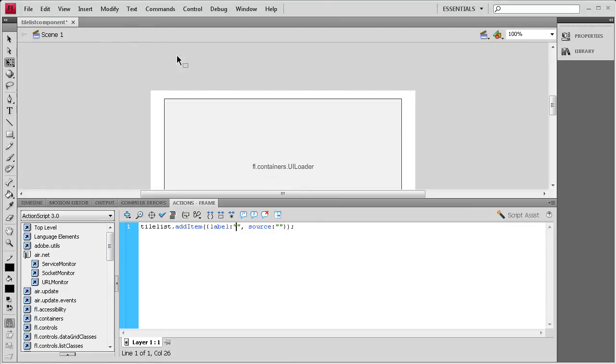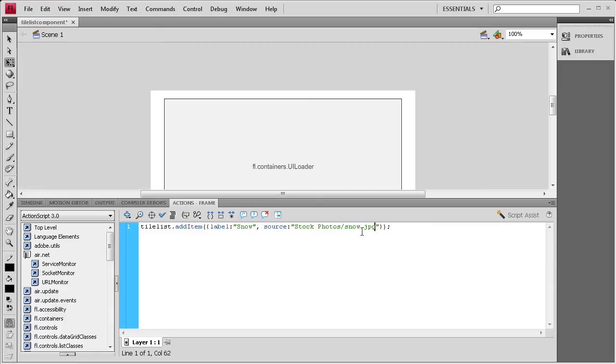And that'll show, basically, we're going to have 4 images in our tile list, and then at the bottom of each little image, there's going to be a space for that label to display. So we're going to type in the label there. So we're going to say snow for this one because that's what's in the picture. And then the source on this one, I have it on my desktop, and then we're going to say stock photos